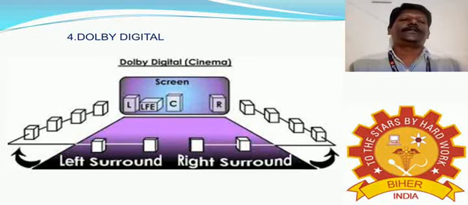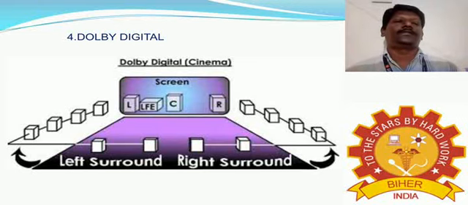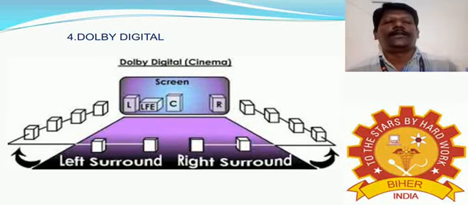So how can we pan the sound in this format? For example, a car is crossing for 6 seconds. It can pan for first 2 seconds. We can hear the sound through left speaker. Next 2 seconds we can hear the sound through center speaker. The last 2 seconds we can hear from right speaker. So we can pan the sound from left to center or center to right, or right to center or center to left. And also we can pan the sound from left to left surround or right to right surround.